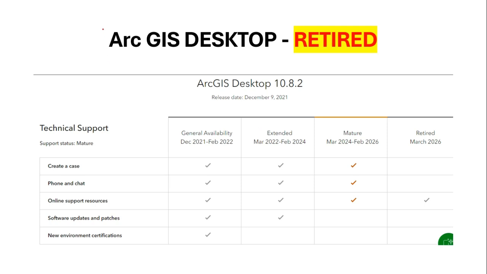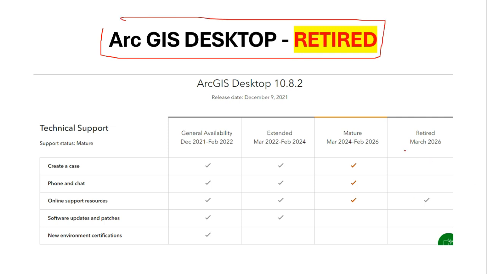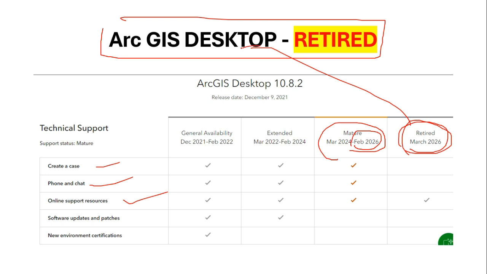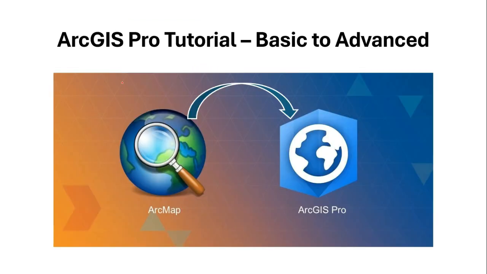So as you all know, ArcGIS Desktop is going to be retired in March 2026. Until Feb 2026, it will be maintained. You can create any case, phone and chat, and online support will be available up to Feb 2026. But in March 2026, ArcGIS Desktop is going to be retired, and this desktop version is going to be migrated